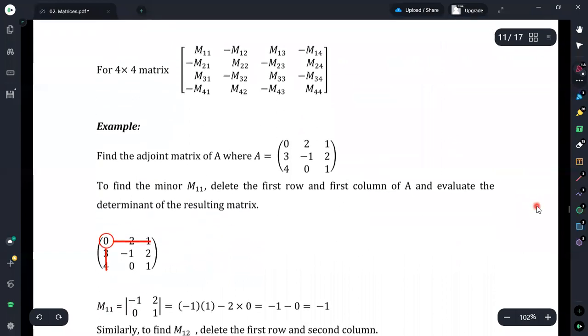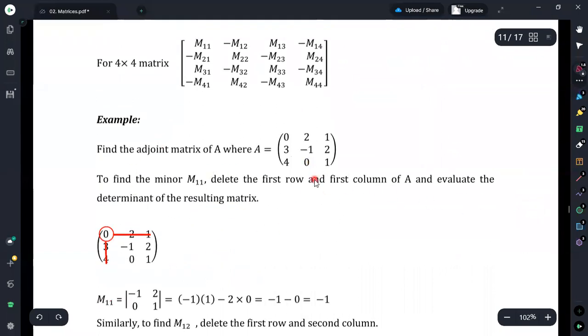Now we will discuss an example related to obtaining an adjoint matrix by taking the minors and cofactors. Here it is asked to obtain the adjoint matrix for matrix A, where matrix A is equal to 0, 2, 1, 3, minus 1, 2, 4, 0, and 1, which is a 3 by 3 matrix. Therefore, what we are asked to do is obtain the adjoint matrix, and we are writing the adjoint matrix